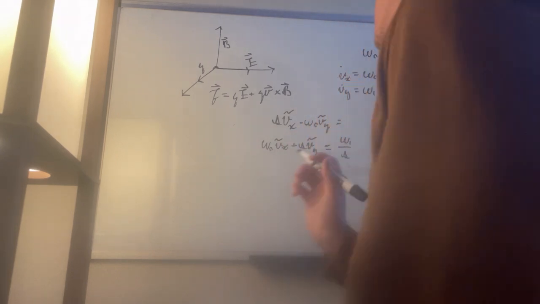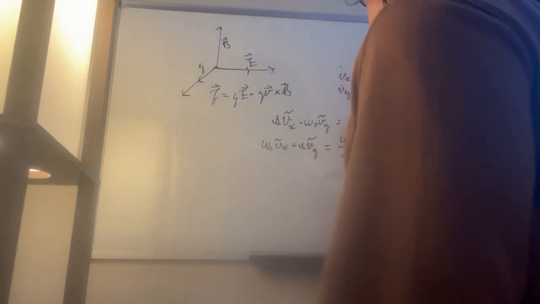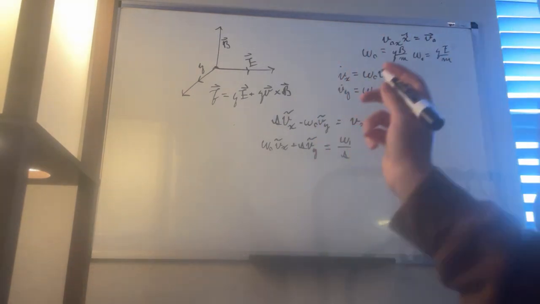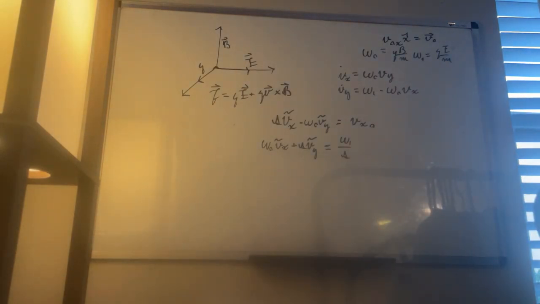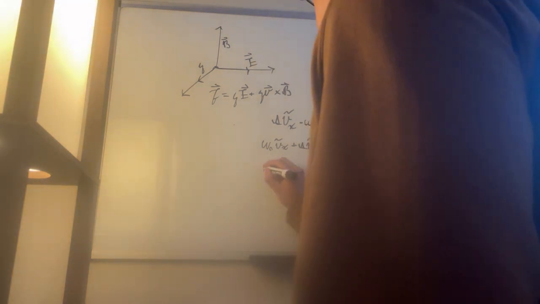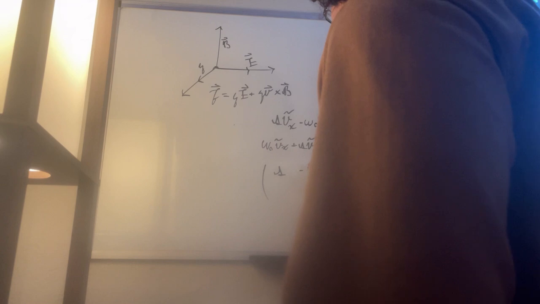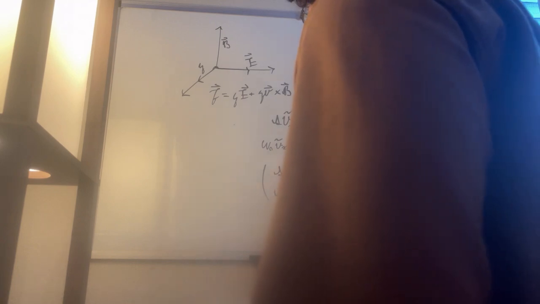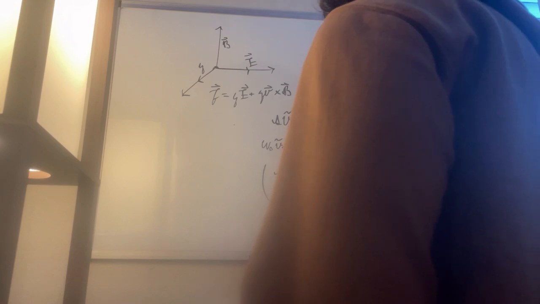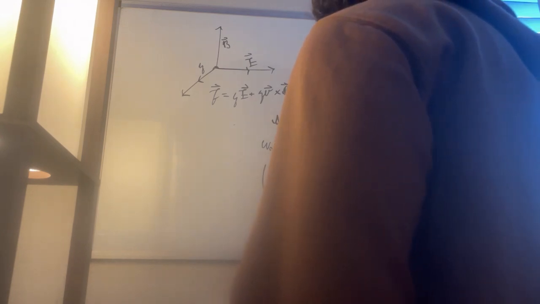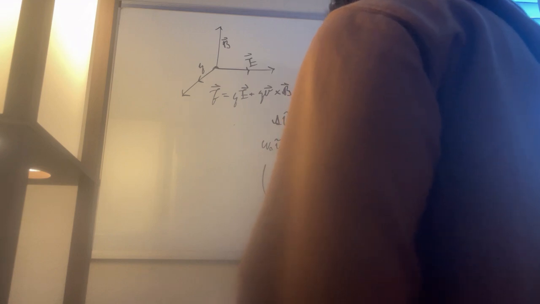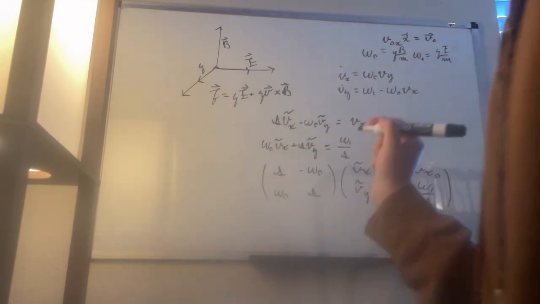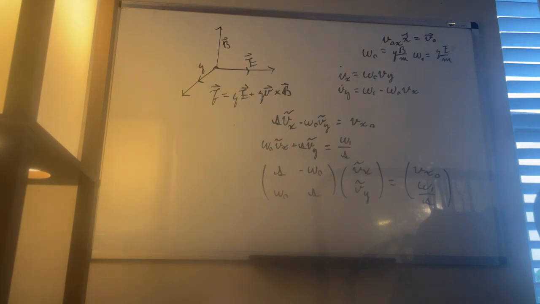It's going to be equivalent to this. So here we have our matrix equation, or I guess I should make it clearer. This is going to be written in the matrix with s, negative omega naught, then omega naught, and then s, times vx tilde, vy tilde. It's equivalent to